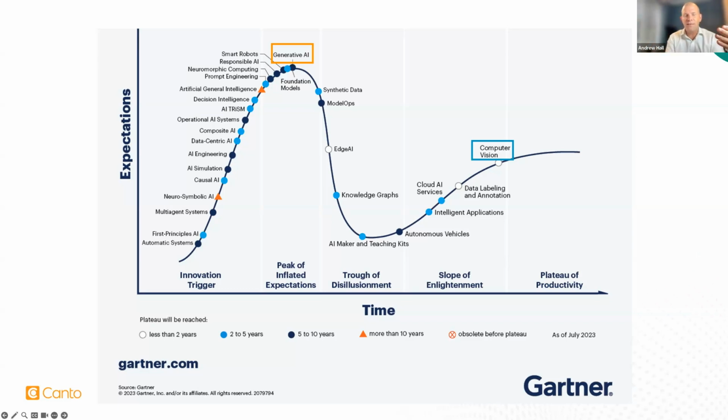And so we believe that AI is such an incredibly powerful tool, but it has to be done not in isolation, and done with a slightly more macro view on what it is you're going to do on a content side. Our feeling is that if you look at this trough of disillusionment, through the right implementation of the right tools, and again, we obviously throw Canto in the mix there, we believe that Orange Line can help many of our customers actually shadow out that trough of disillusionment and get them to a plateau of productivity through the right use of AI